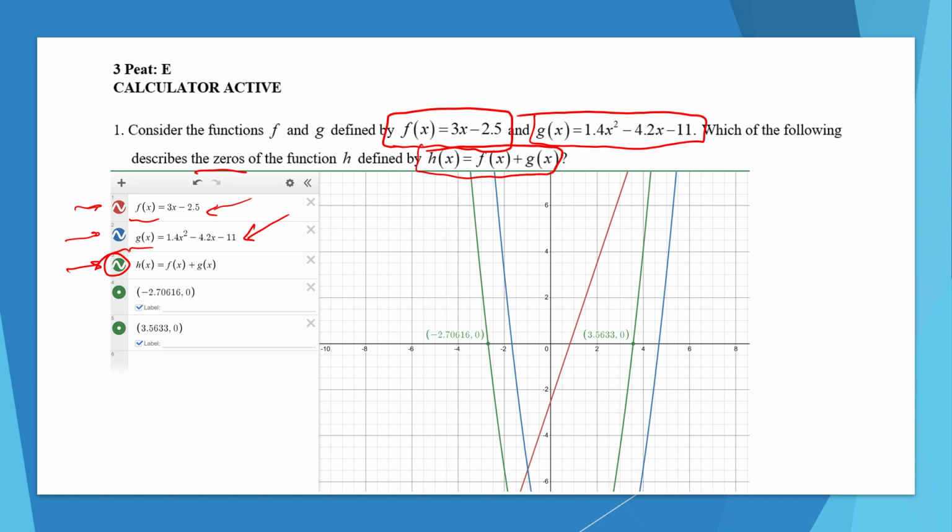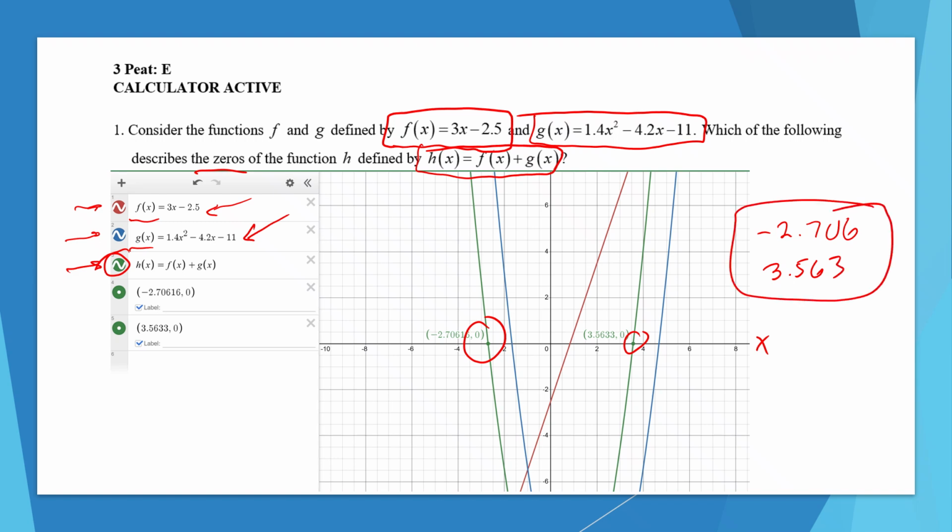And so I'm going to find our two zeros, which are, remember, zeros are where it intersects the x-intercept, or the x-axis. And so our two zeros should be answer choice C, which is negative 2.706 and 3.563 here. And so those two should be our answers, answer choice C there. So make sure you're looking at the right equation, you're finding the right zeros. If you want to hide the red and blue lines, simply click on those colors one time, and it will hide those graphs visually, so that way, when you're only looking at equation number 3, it's a lot simpler